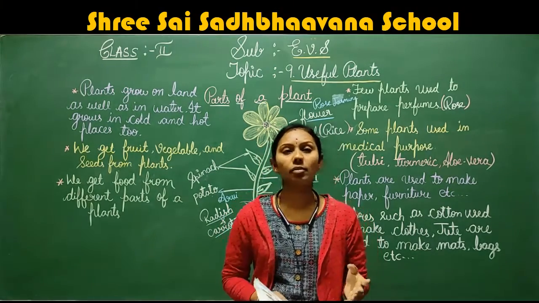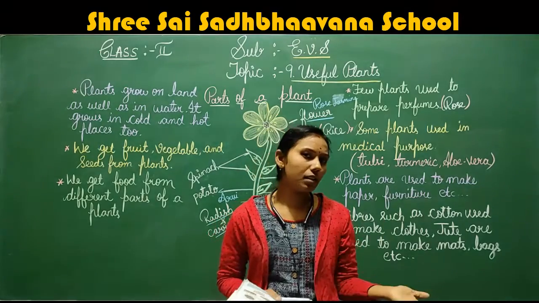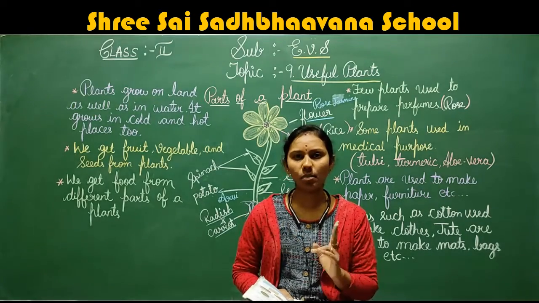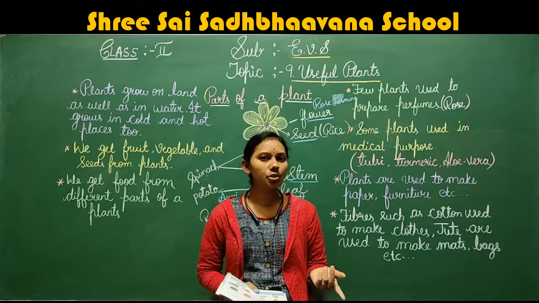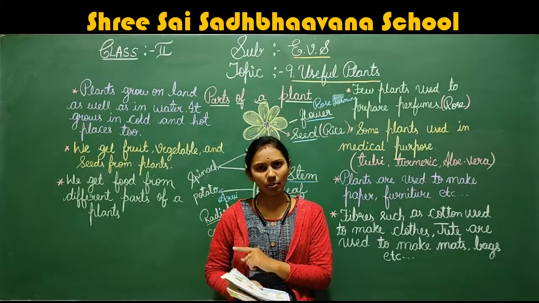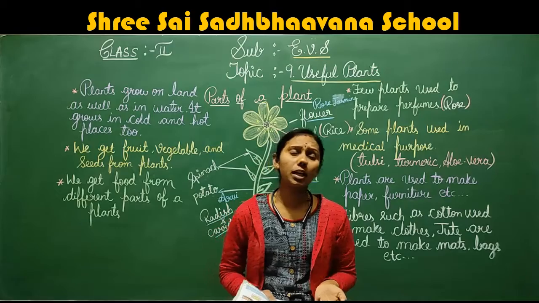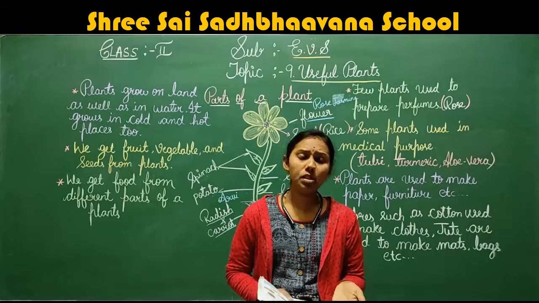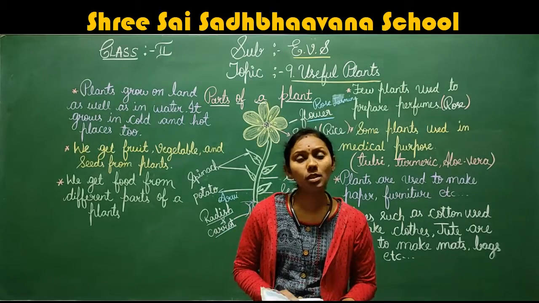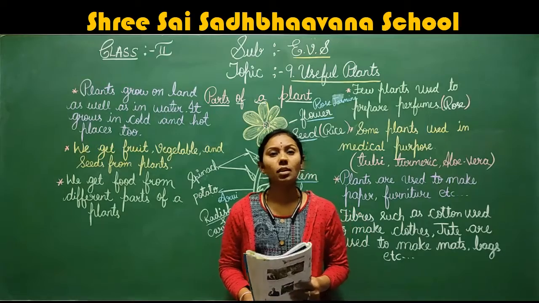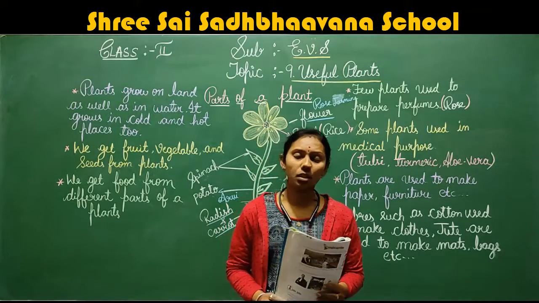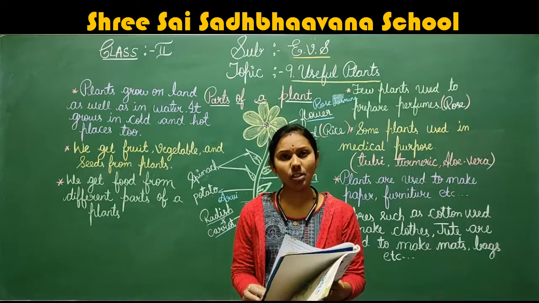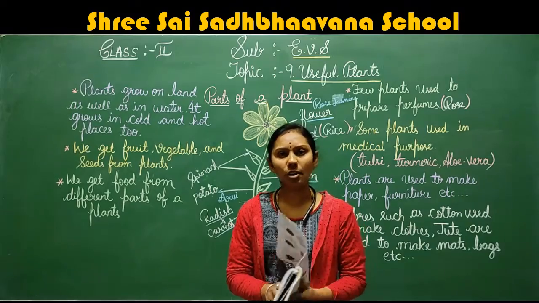Next, we'll get fruits from the plants, like sweet, juicy fruit and dry fruit. Right, two types of fruit we are getting: juicy fruit and dry fruit. What are juicy fruits? Mango, grapes, orange, bananas. Many are there, children. Apple. These are called juicy fruits. Dry fruits means almond, badam. Have you seen? Almond, walnut, then cashew nuts. These are all dry fruits.